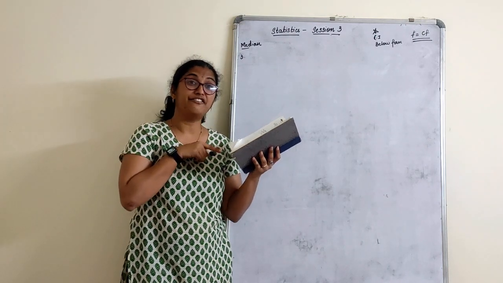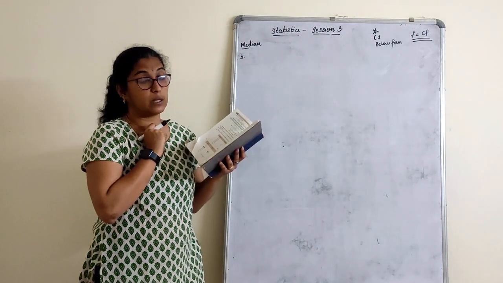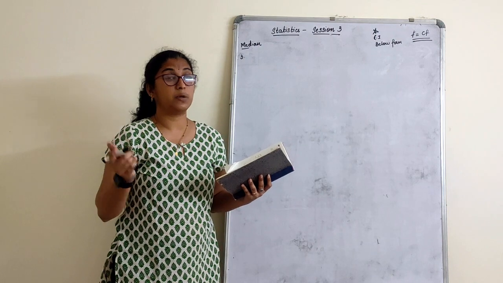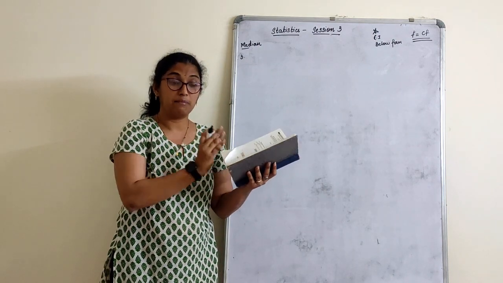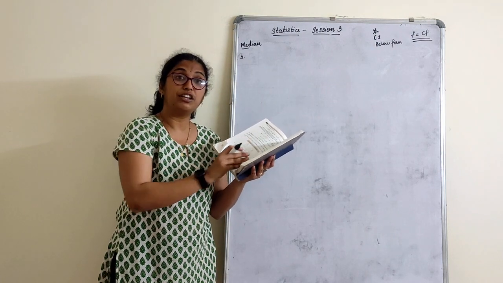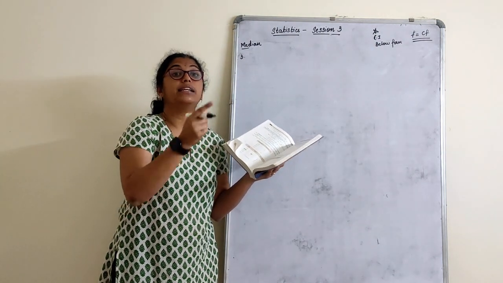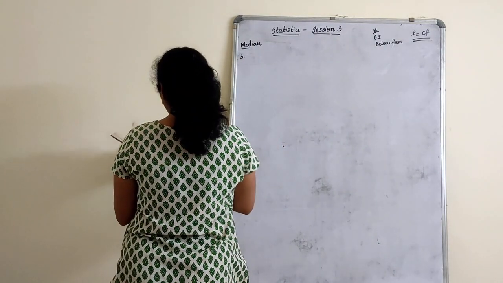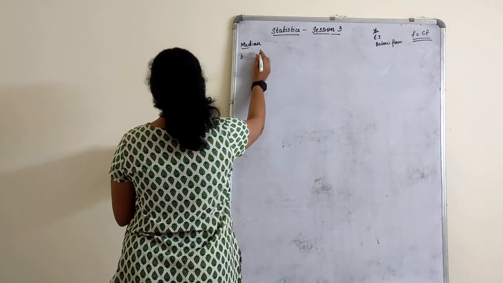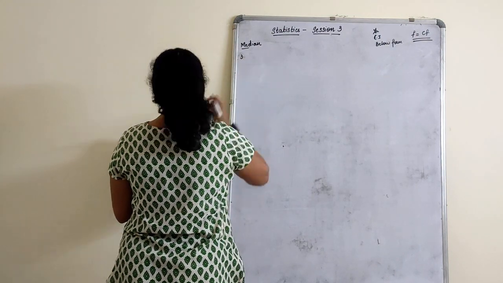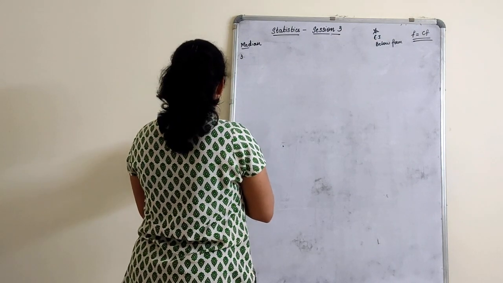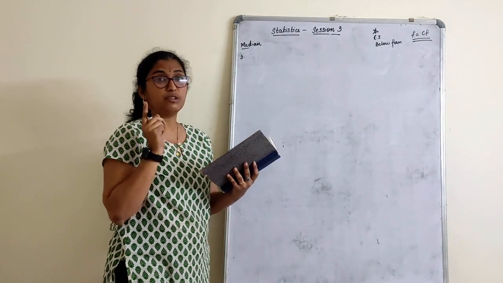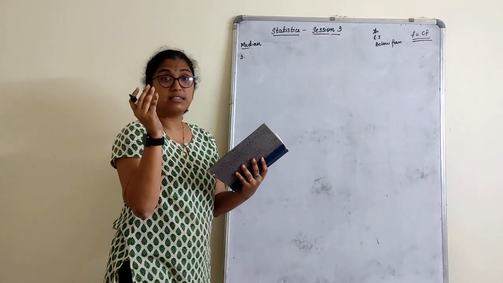But we need to find frequencies now. Why? Because in the formula frequency is required. So make a note, this is useful in the graphical part when we learn it again. Whenever the below type class interval is given, the given frequency is cumulative frequency. We need to find the original frequency to find the median in this form. So how do we write below 20? Below 20 could be the previous term, 15 to 20, because the size is 5.